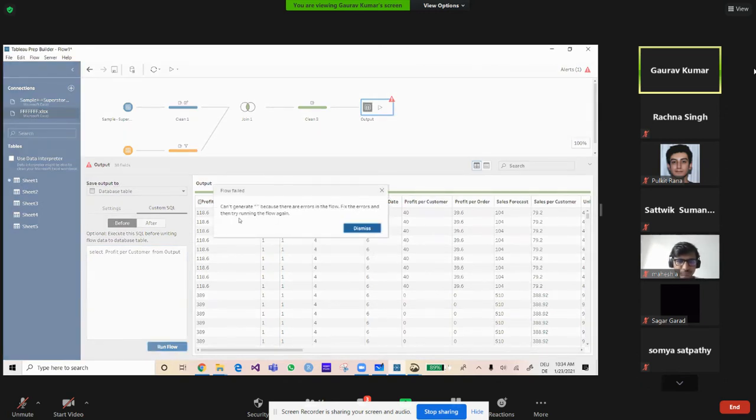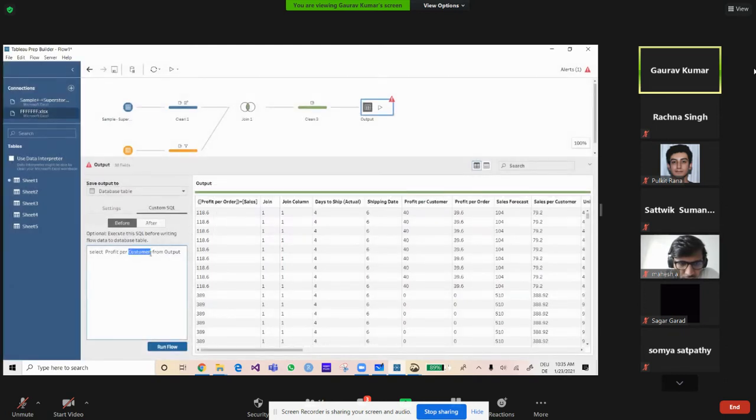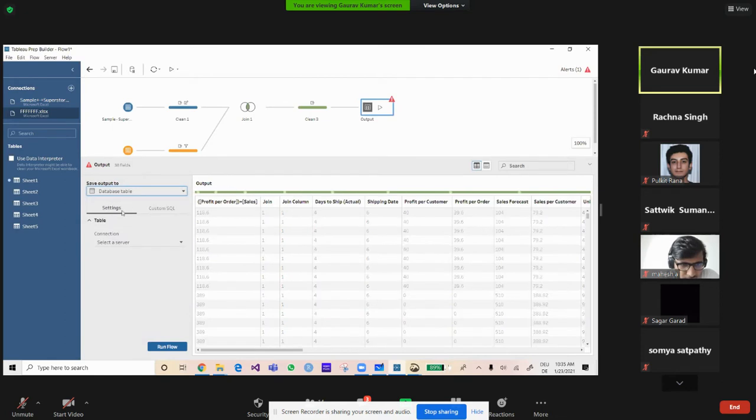If there is some error, then it will say this is the error, you have to fix it. Since we don't have that server, and this is actually a new functionality, previously it was not there. Before, there were only published dataset and file. So I did not use that, but yesterday I saw that this functionality was added. I'm trying this once. I will do this on my own, and if I'm able to run it, then I will show you how to do that.